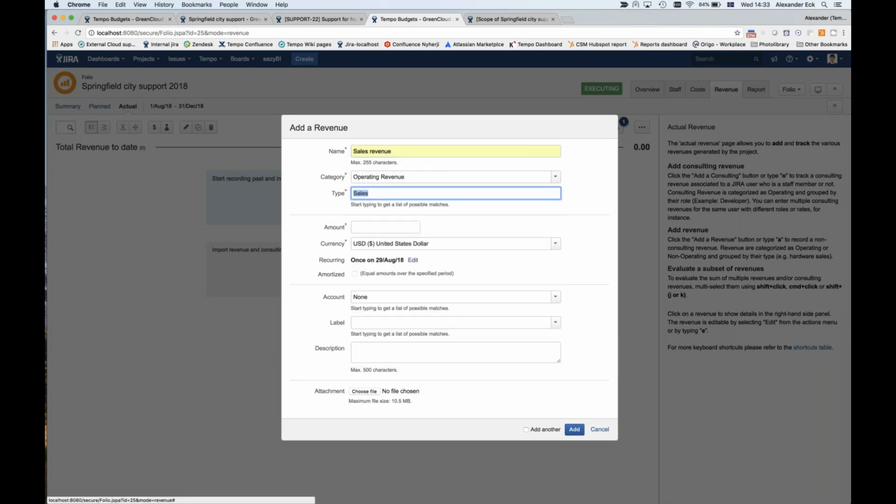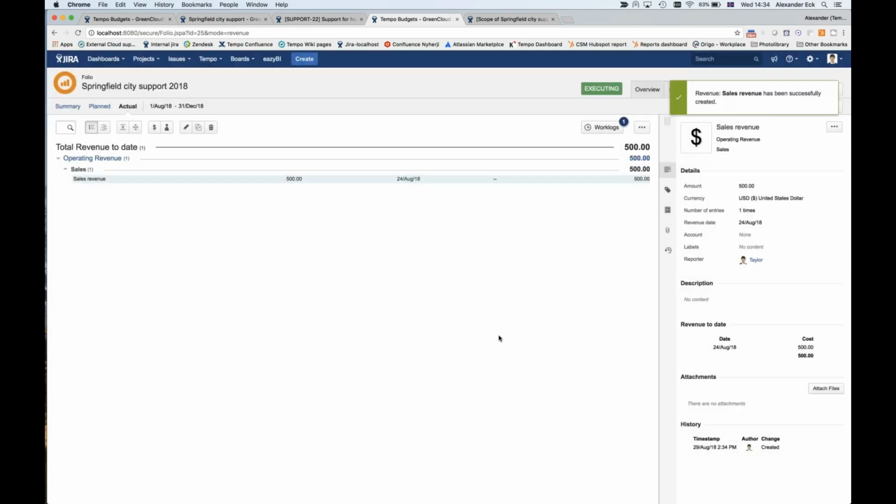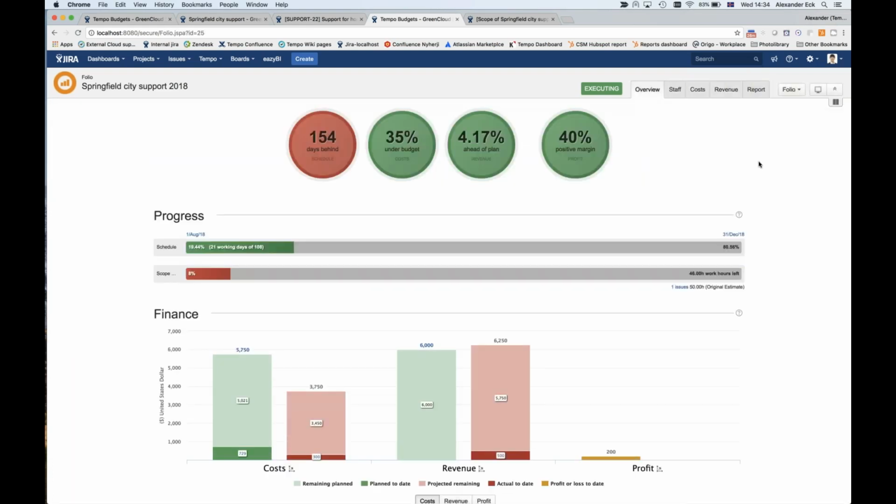So I just say something here, and I assume, for example, that I have generated a revenue, let's say last Friday. Okay. And then I would also now get here a specific number that would definitely tell me how much I have generated, and it would also populate now here the profit, or the generated profit of my